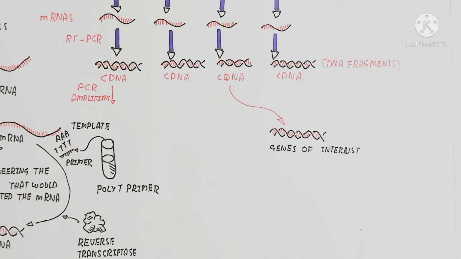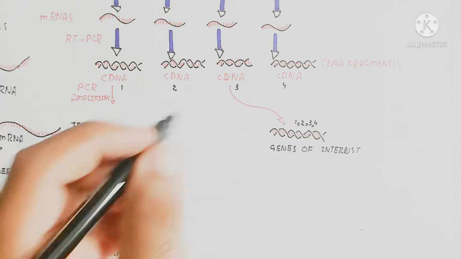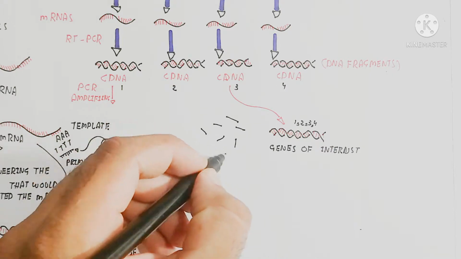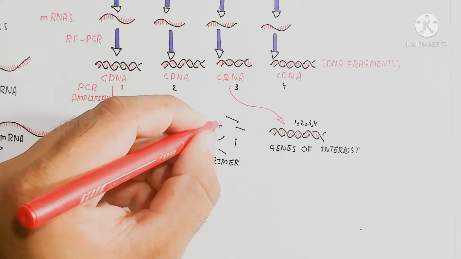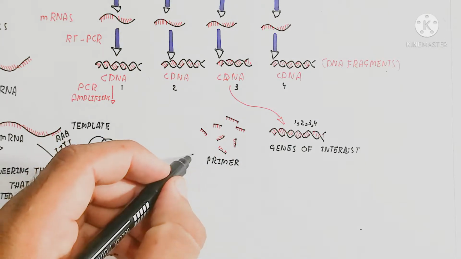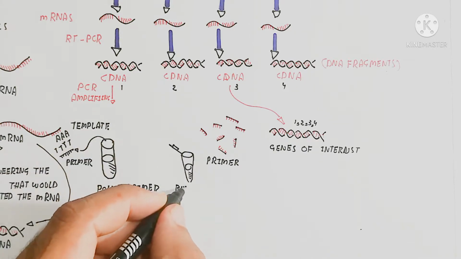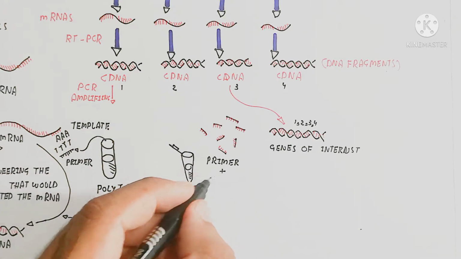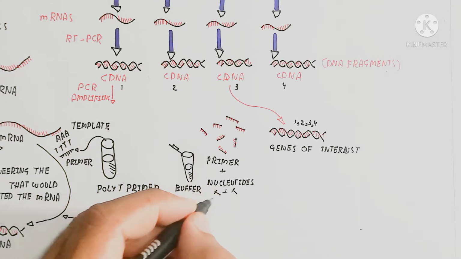a sample of complementary DNA, which is basically equal to the DNA present during the expression of the gene. Here is the primer and the nucleotides used for the reverse transcription to begin to produce a double helix DNA. Here is the buffer used for it. This buffer maintains the activity.